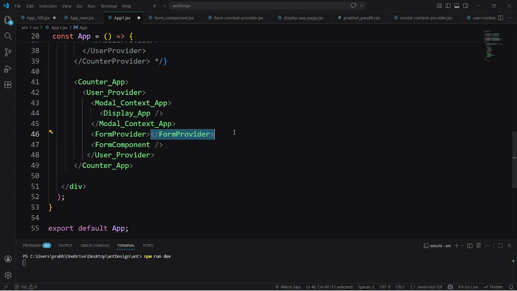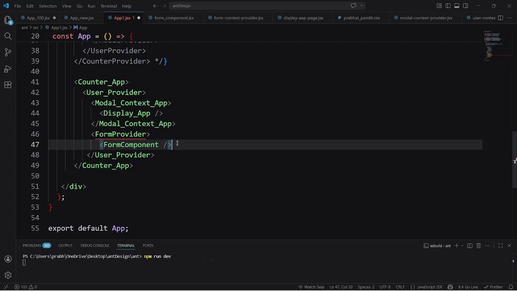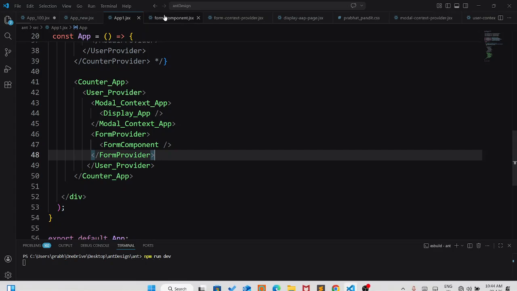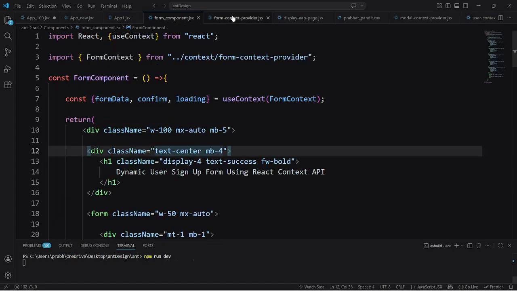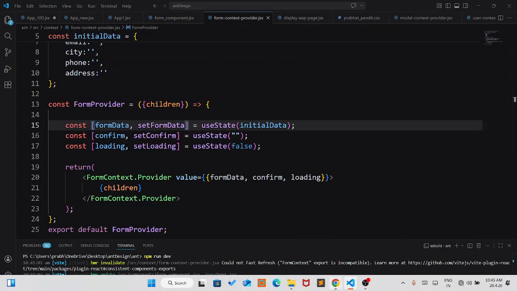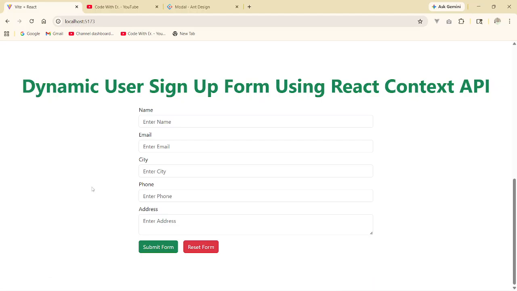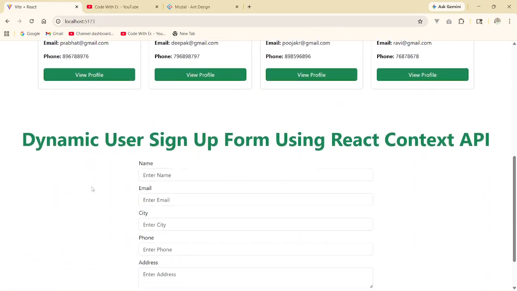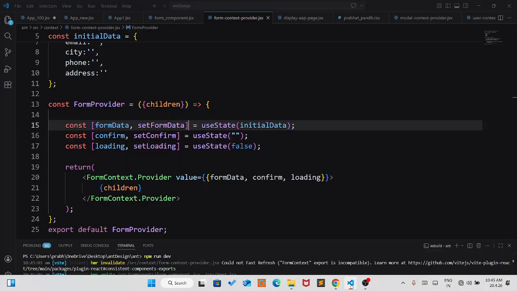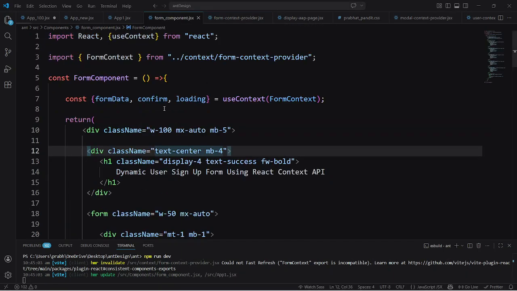Let me cut it out from here and enclose this form component. Save the file, and save this file one more time, so we don't have any issue in the browser. Okay, so our context provider file is doing great. So now just come to this form component, and here